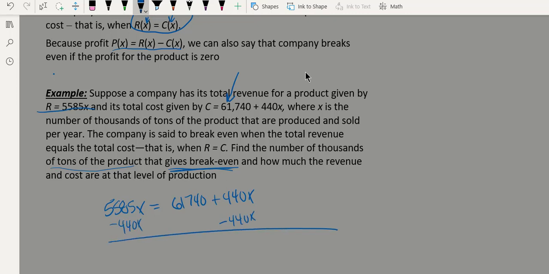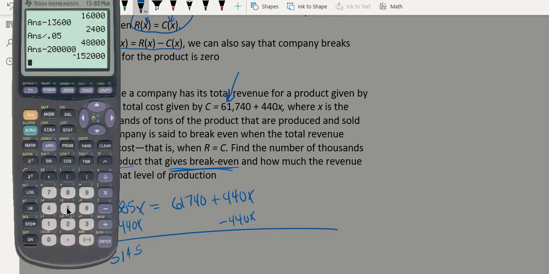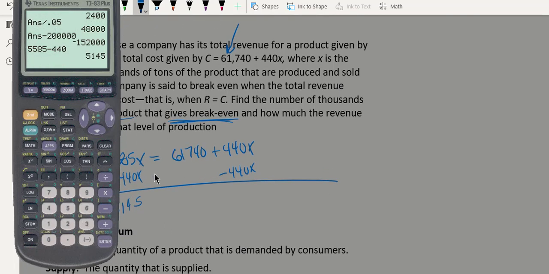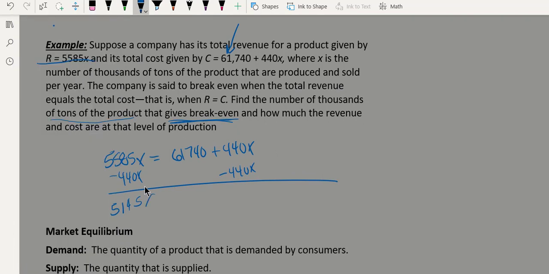All right. And then we would say 5,585 minus 440, what is this going to give us? That'll give us a 5, a 4, a 1, and a 5. Okay. I'm just going to double check my math, just in case Ms. Parker is really having a long day here. 5585 minus 440. Yeah, okay. And I just forgot my x. Equals